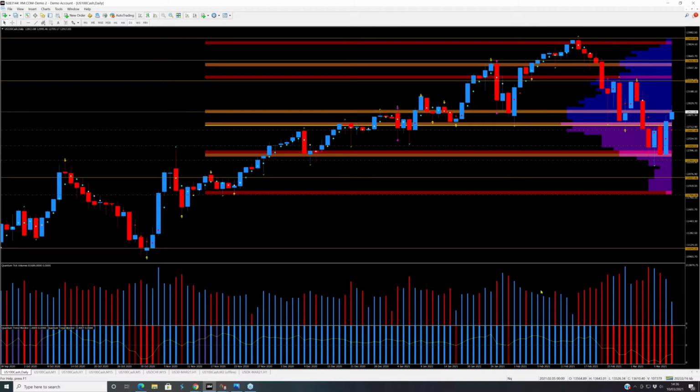Wyckoff's VPA is premised on Wyckoff's 3 laws, and one of the laws is effort and result. If you have a lot of effort, a lot of volume going in, and you don't have a result, well, that's an anomaly. Now, in this case, you have it going up, but look, the fuel, if you like, that needs it to be taken higher is actually falling,